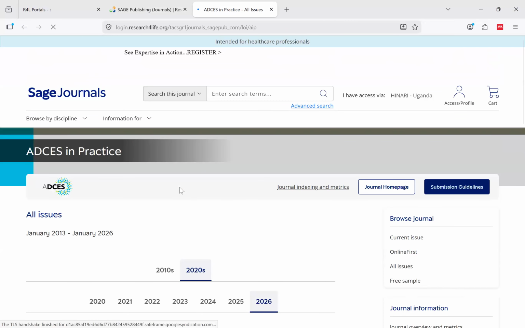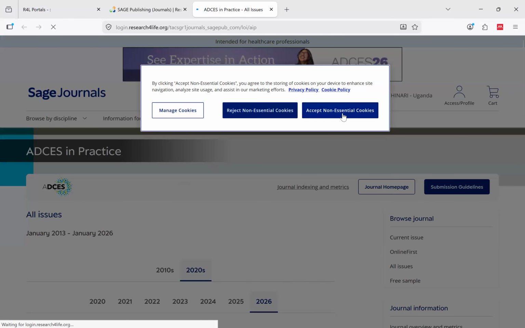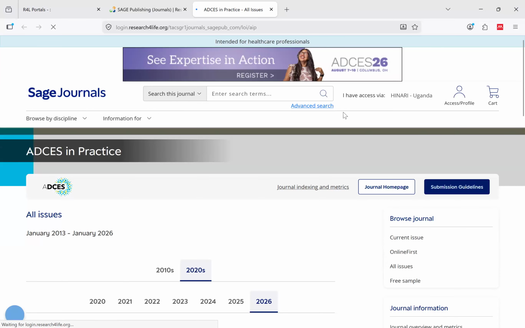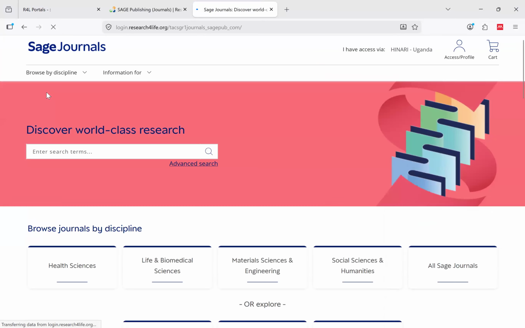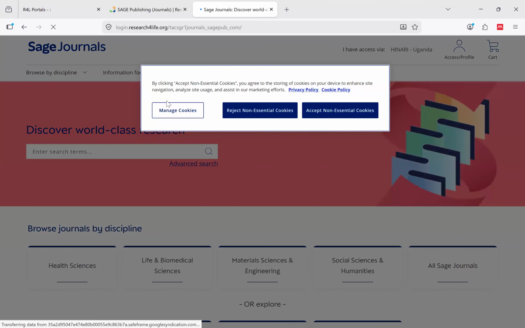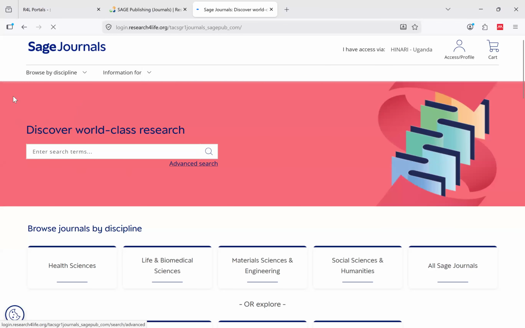After identifying any journal, remember you're not sure whether the content is relevant to you. What do you do here? When you put your search term here, you're going to search in this journal. Remember, we are searching across all journals. So you can select search across all journals, or you can click on Sage journals. The choice here is yours as a researcher. When I click on Sage journals, it gives me the interface to search across Sage.